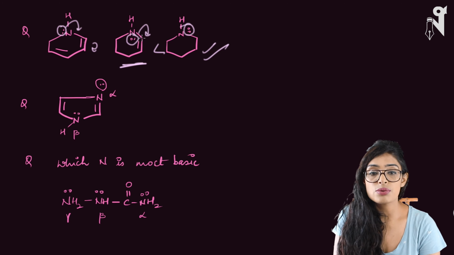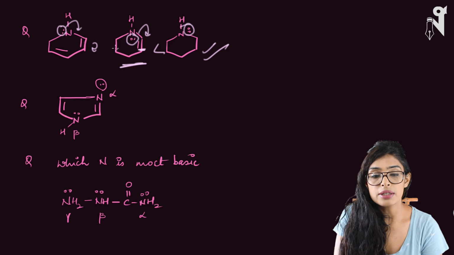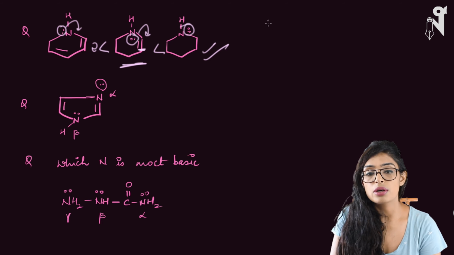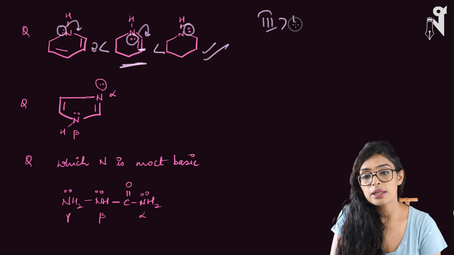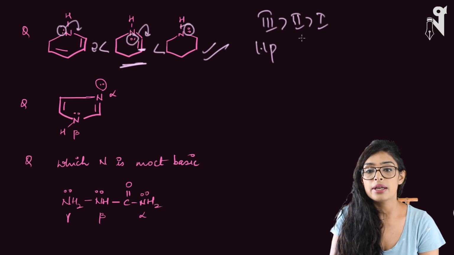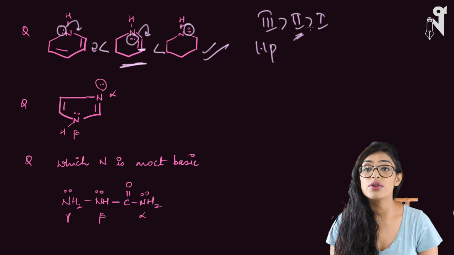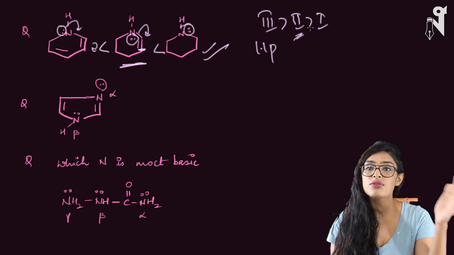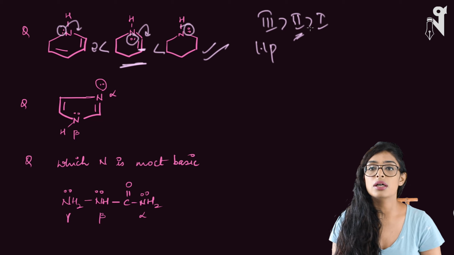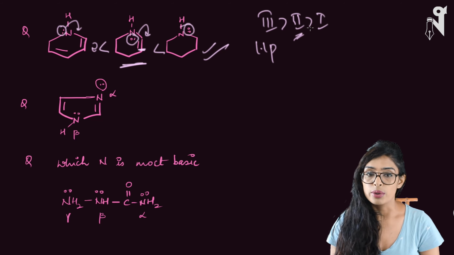Here delocalization is restricted to this carbon, so delocalization is lesser and hence it is relatively more basic than this one. So the order is 3rd one, then 2nd one, and then 1st one. Why 3rd one? Local lone pair. Here in both the cases delocalization is there. In the 2nd, lesser delocalization is there. Lesser number of resonating structures are forming. Lesser number of times it will be going to the other carbons, and hence it will be with the nitrogen for more time.